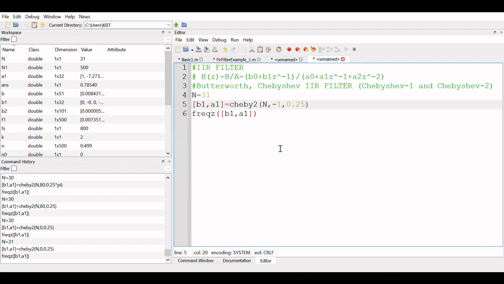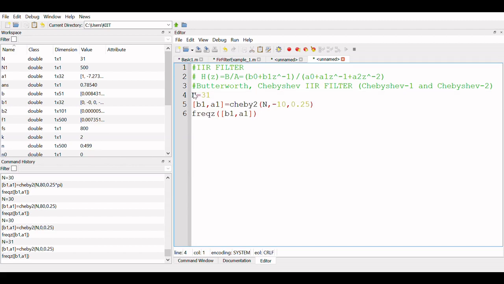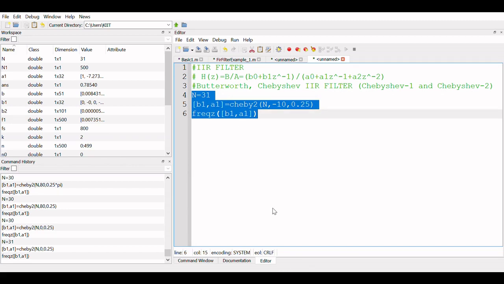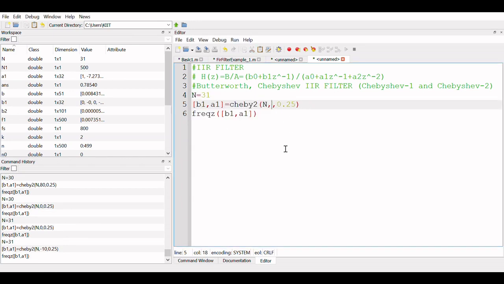So suppose minus 80 dB, minus 10. Very interesting things are going to come. Beautiful. The passband gain increased much more. So you have to do a hit and trial and see what the passband and everything are.